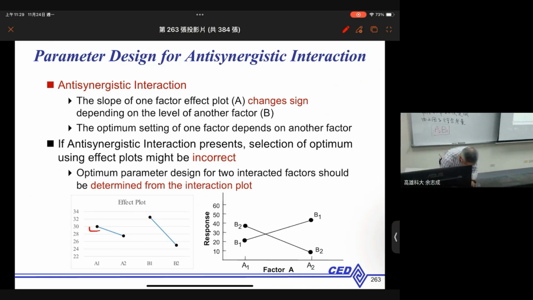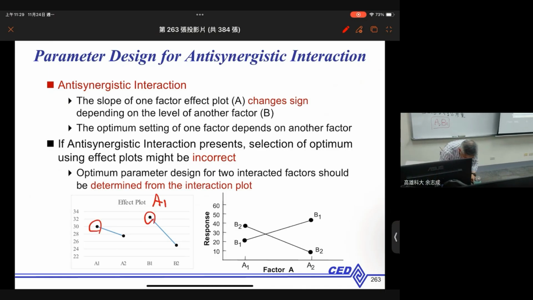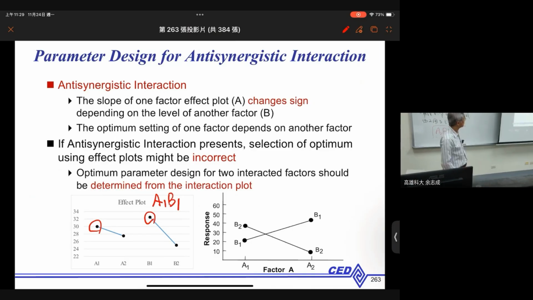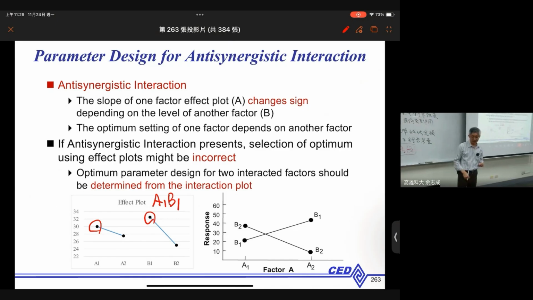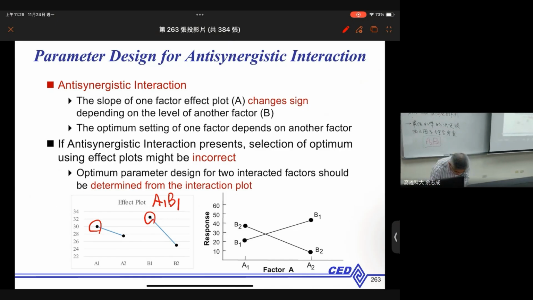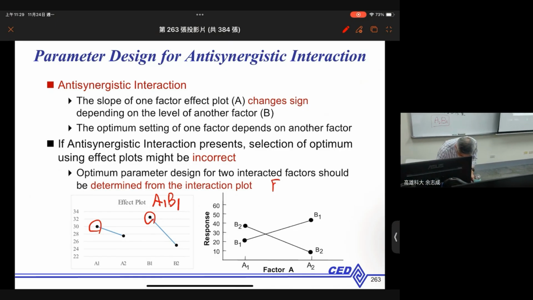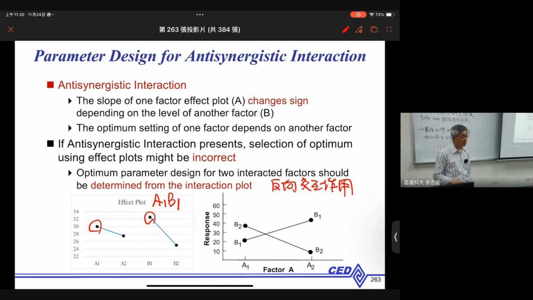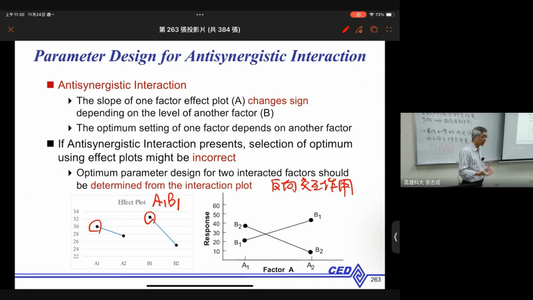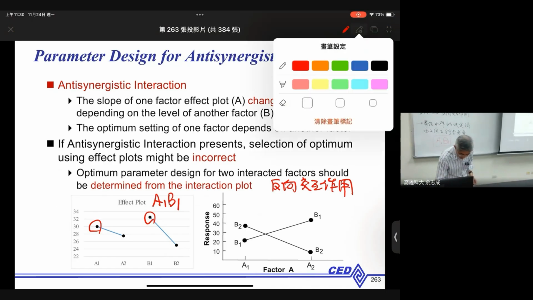A1, B1, for the effect plot. However, for the interaction plot, since it is anti-synergistic, the selection will be different. How different? Let's look at the